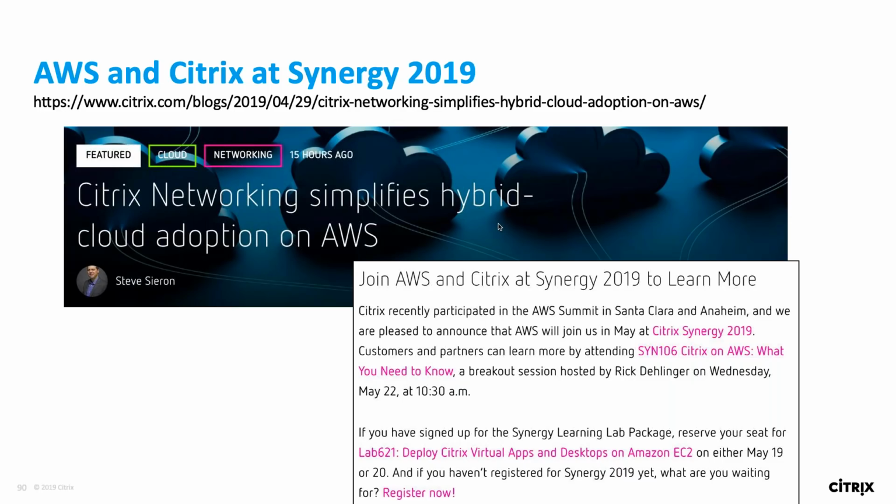We'll also have a hands-on lab if you're attending Synergy, a learning lab where you can sign up and get your hands-on experience deploying the Citrix virtual app and XenApps and XenDesktop services on Amazon EC2 environments. So if you're not signed up for Synergy, would love to see you come.